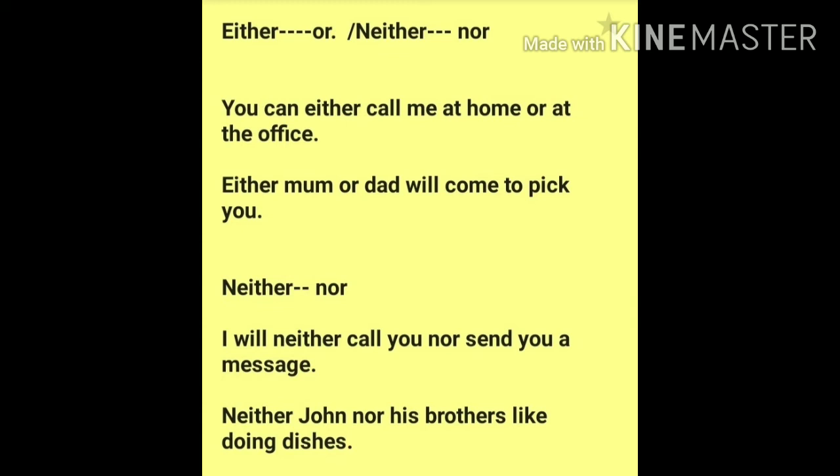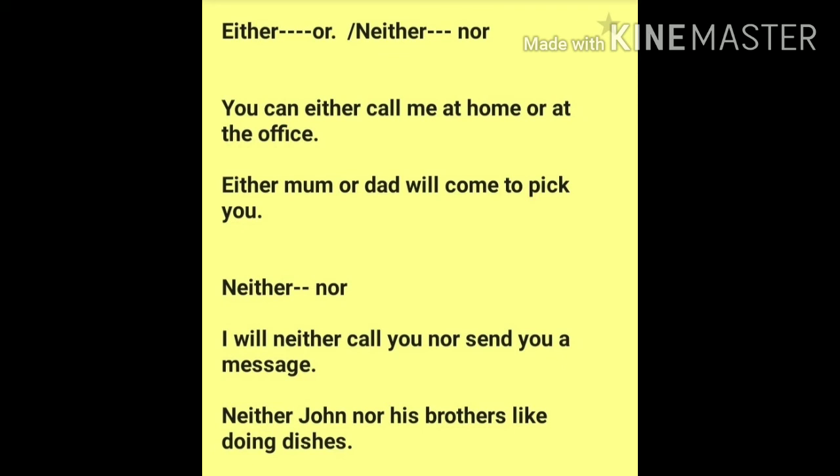You will always find them paired up this way, either or and neither nor. They are used together to offer a choice between two things. You can either call me at home or at office. Either mom or dad will come to pick you.